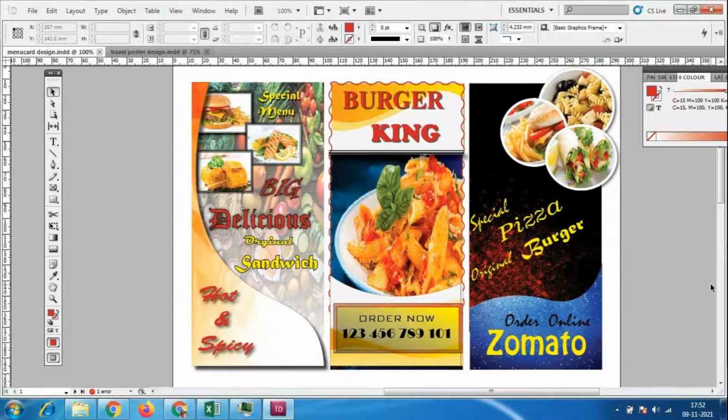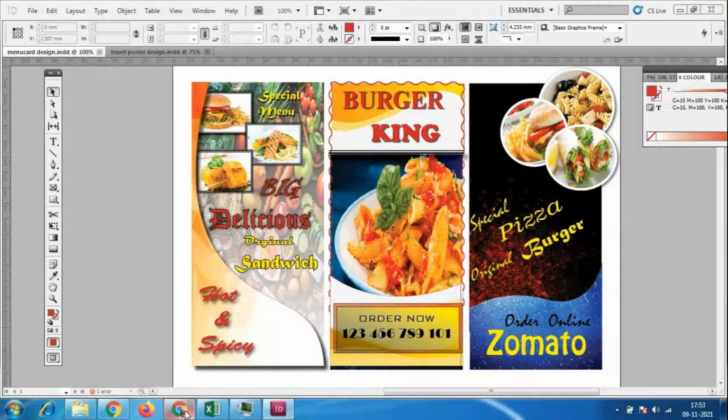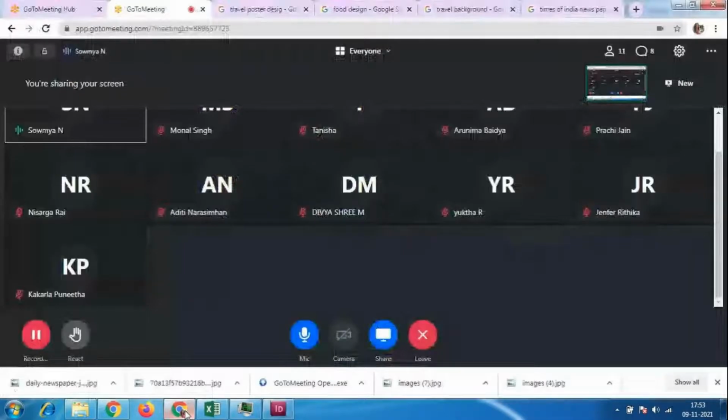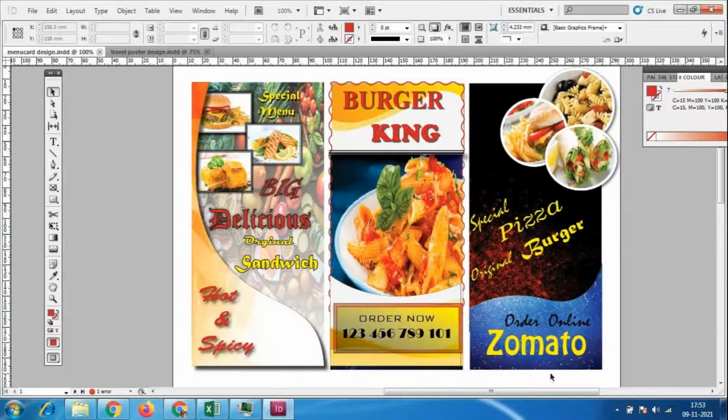While we are taking the printout, we are taking the printout in a single page, but we have to do the foldings. You are getting it, right, everybody? So we have to take the foldings, so it is not a single page here. This is completely three pages. This is the middle page, and these two pages are going to be folded. Left and right, both pages are going to be folded. Okay, so that's why this is the menu card.